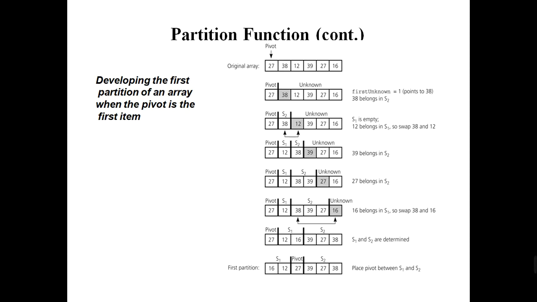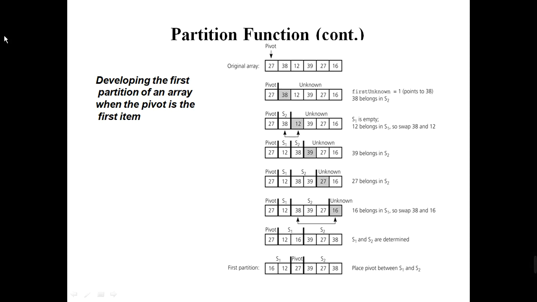Okay, the first logic I'm giving is a general example with 6 elements. Among the elements, you either take the first element as the pivot, or otherwise take the last element as the pivot, whatever you get. So I'm taking the first level. For example, say you declare 27, then 28, next 12, next 39, next 27, then 16.